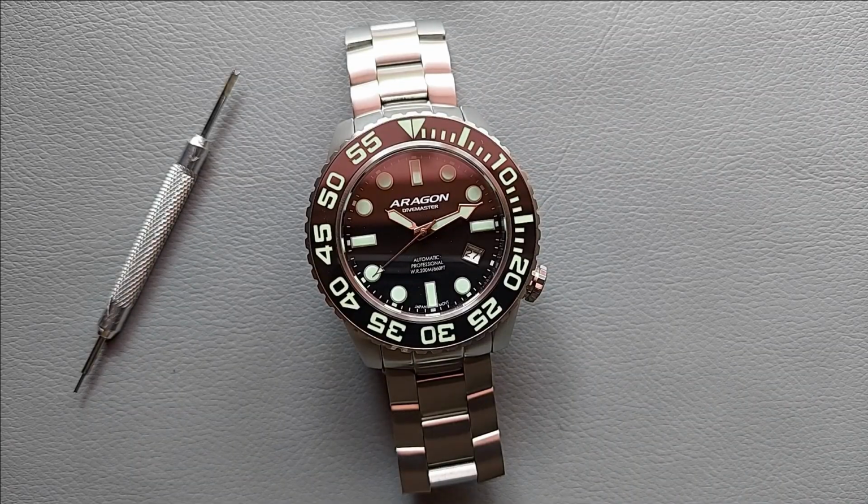Let me add something as a side note. This watch is a real statement piece and it is definitely not going under the cuff. Even if you check Aragon's history, they mostly design tool watches other than dress pieces. Again, you will struggle to find a better value proposition if original designs are your thing. To sum up, if you can handle it, take it,